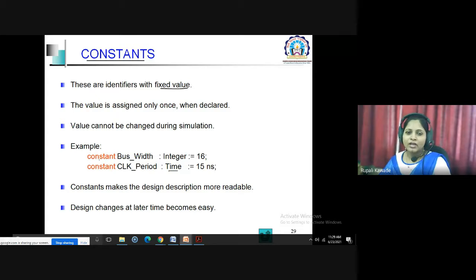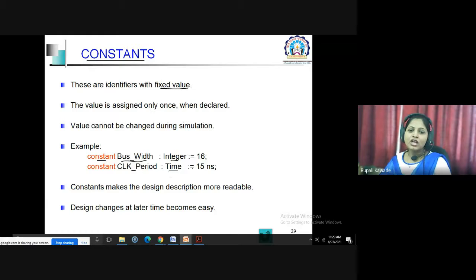Here is an example of how you can specify an object using the constant class. Constant is the class keyword we need to mention. Then the name of the object is bus width. Then colon, and after the colon we mention the data type, which is integer. After that, again colon and the equal symbol.